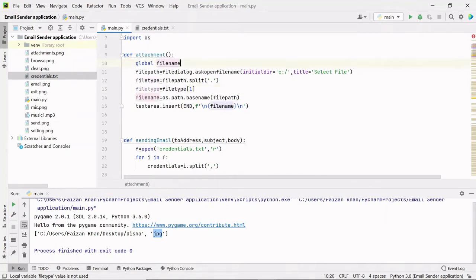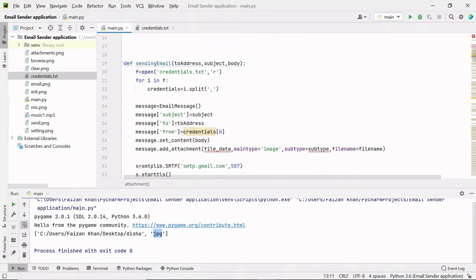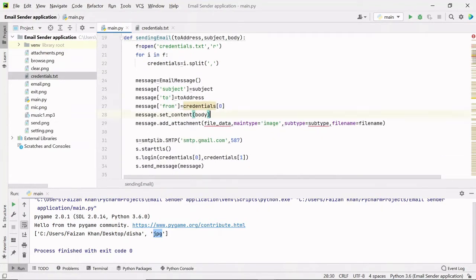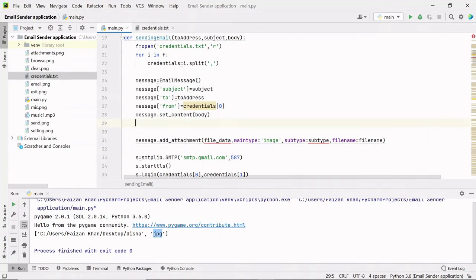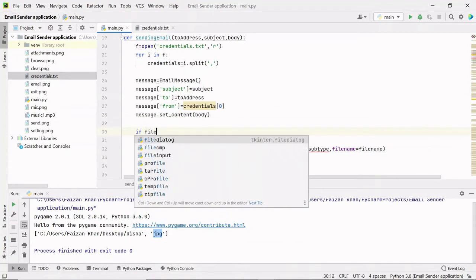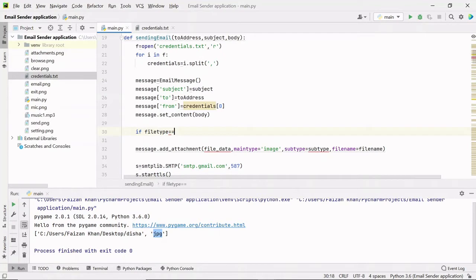So I'm going to make this variable global as well, and now I can use this variable value inside the sending email function. So here I'm going to check a condition: if file_type equals png. So if inside that file_type variable we will have extension or format as png, it means it will be an image file.